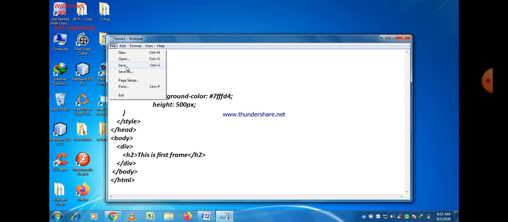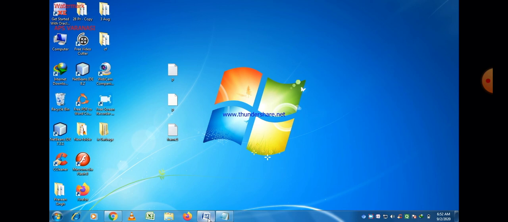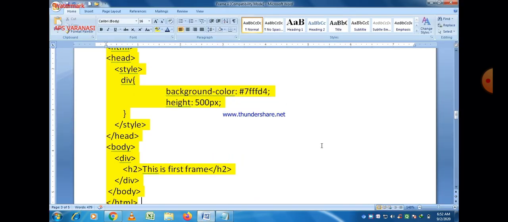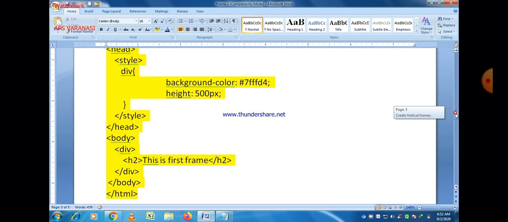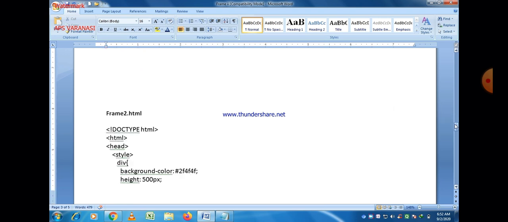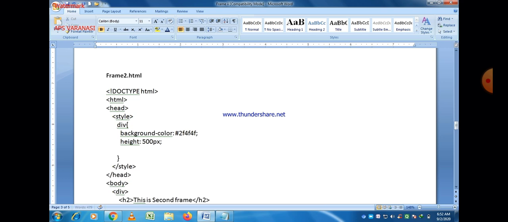So first of all, let us create 3 different text files here. This is related to frame 1, and 2 more files are also needed related to frame 2 and frame 3, because our main program contains 3 different HTML files, frame 1, frame 2 and frame 3. So this is file number 2, frame 2,